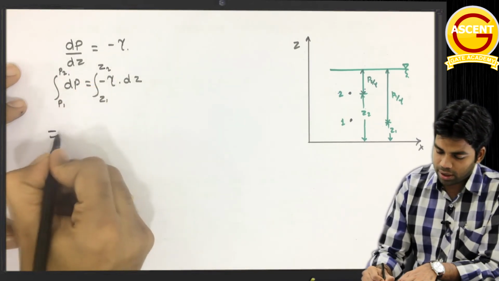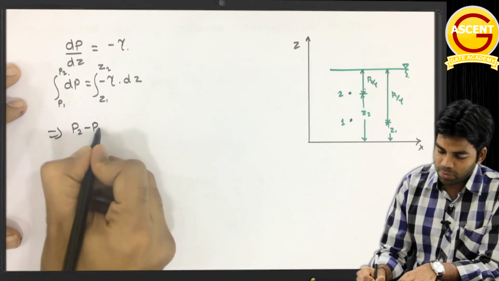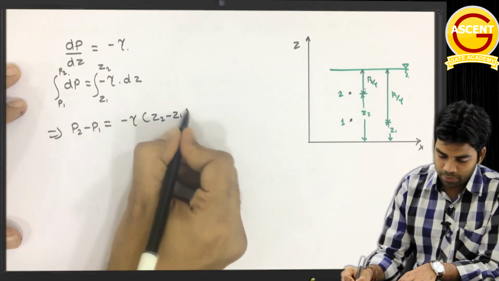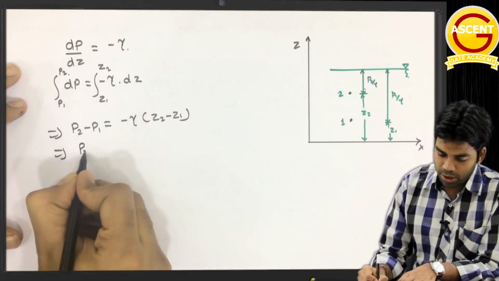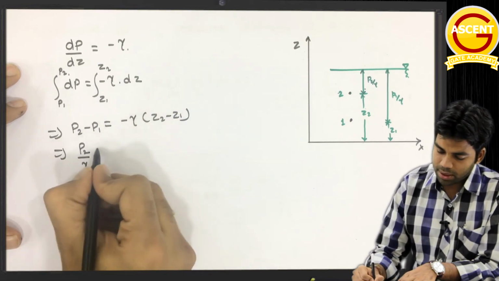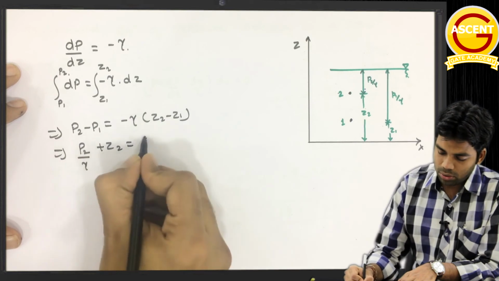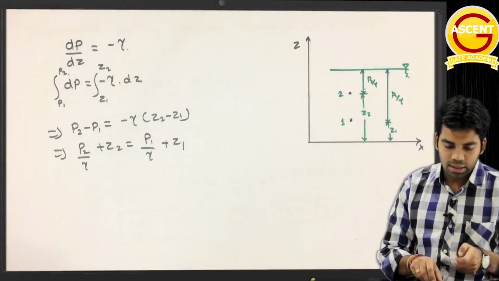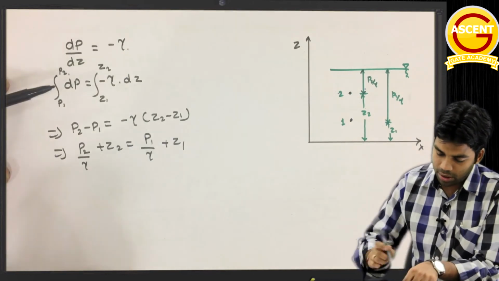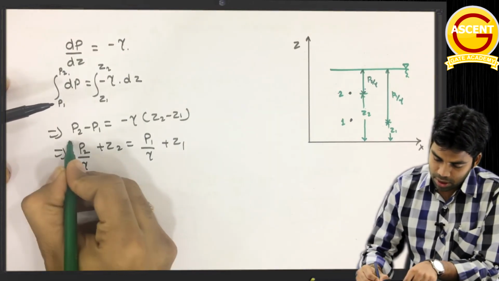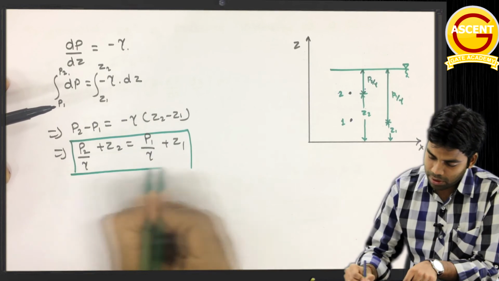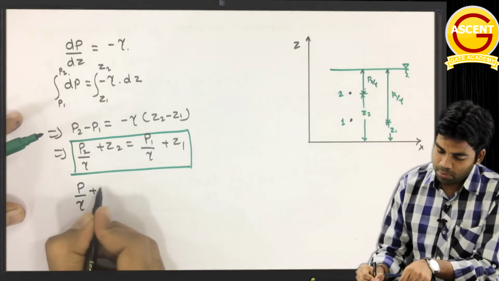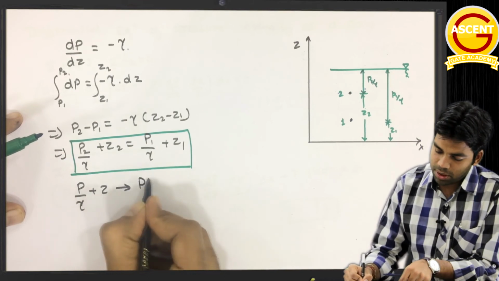So if I integrate it, I will get P2 minus P1 is equal to minus gamma into (Z2 minus Z1), or you can say P2 by gamma plus Z2 is equal to P1 by gamma plus Z1. This P by gamma plus Z is nothing but the piezometric